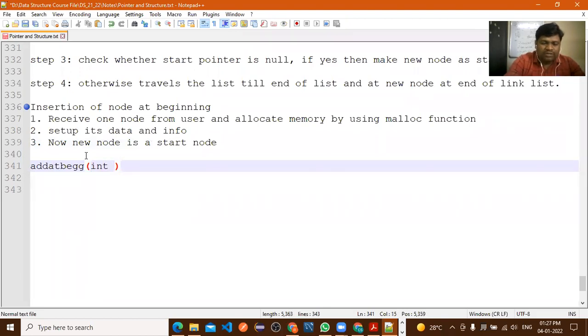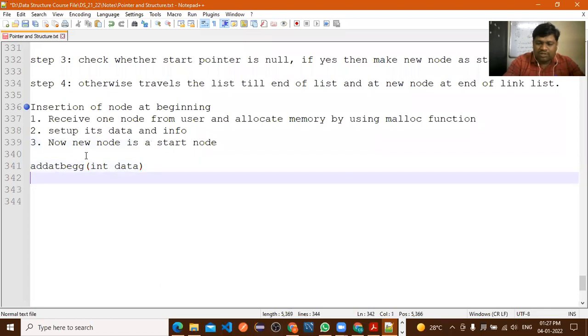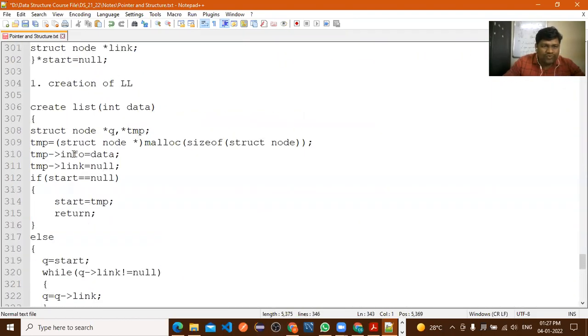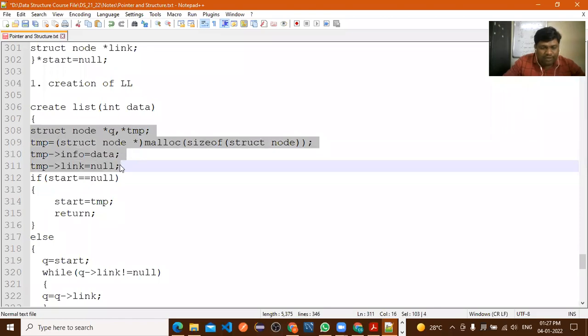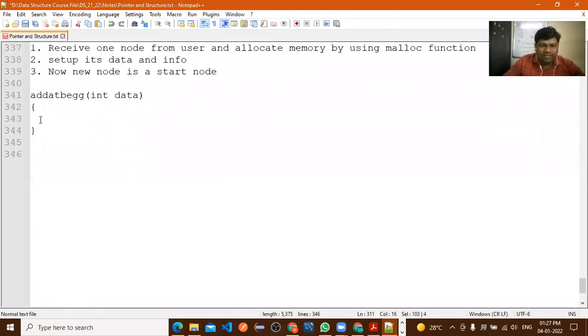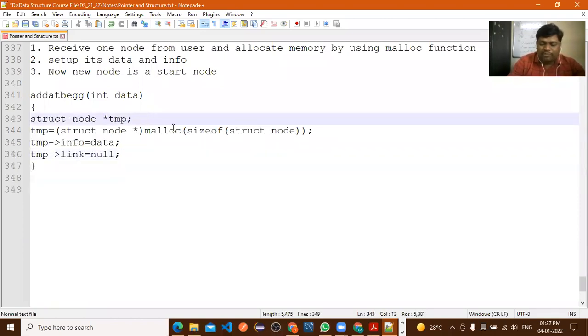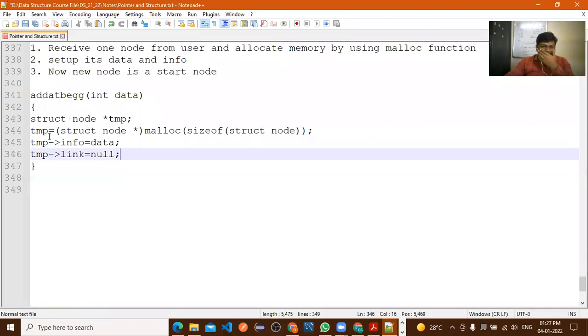So what you want to add? So that data will pass through this. After that, now what you need to change here? So these four statements, struct. Now queue is required here. आता queue लागेल का इथं आपल्याला? Queue is required or not? Traversing करायची गरज आहे का? No. नाही. Traversing is not required. So only we'll take a temp, right? So we will take only temp, right? So here the struct temp. So temporary variable is created. After that, info is assigned, null is assigned.